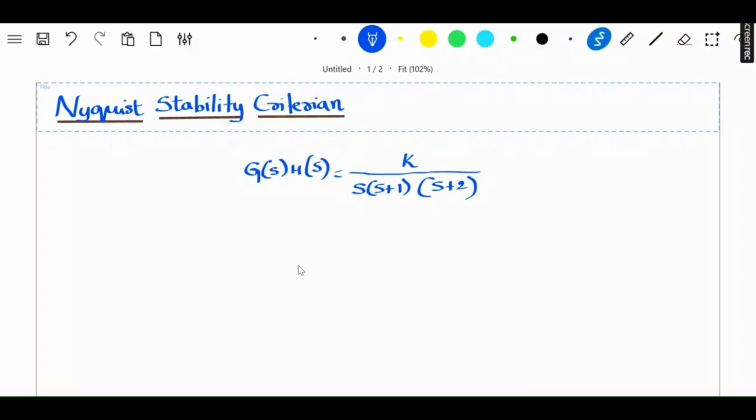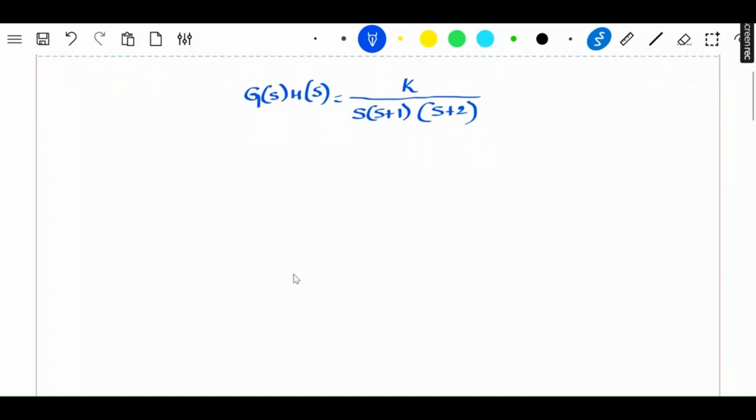So now in this particular example, what you can see here is that we have one pole at the origin. Okay, so it is s into s plus 1 into s plus 2. So you can see that there is one pole at the origin. Okay, so therefore